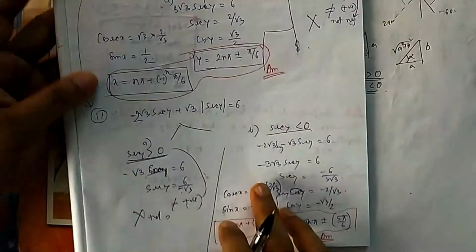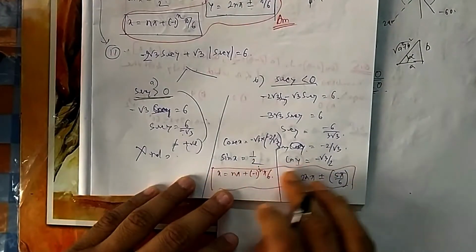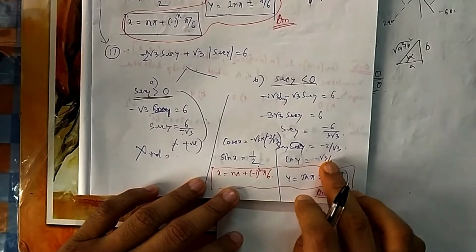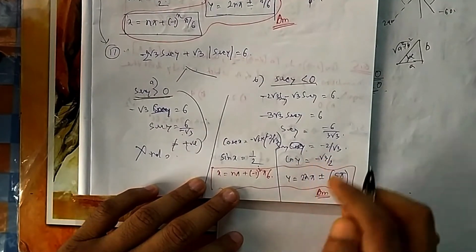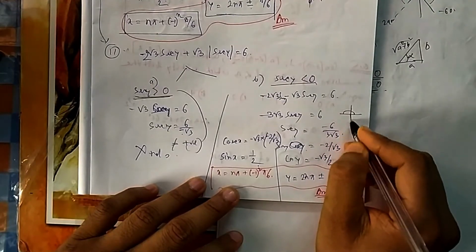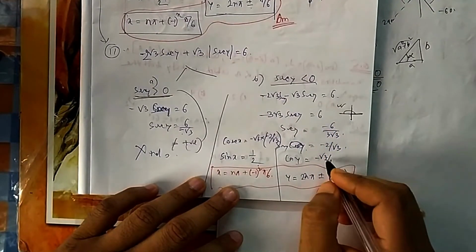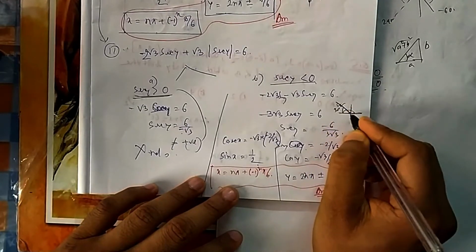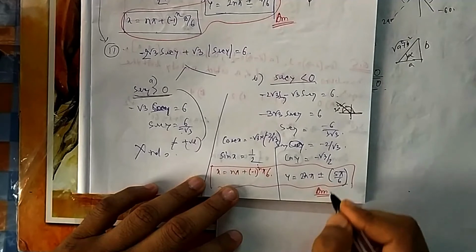So you got cosec x. So sin x you got, cos y you got. Sin x equal to half is π by 6, cos y equal to minus root 3 by 2. In case of cos, what is the principal value? Cos is from 0 to π. So this negative value of cos I have to consider in the second quadrant. So minus root 3 by 2 is here. That is 30. So from here it is 150. That is 5π by 6.